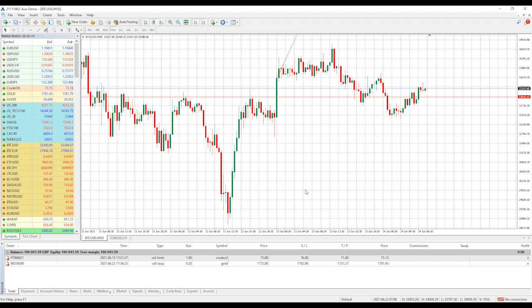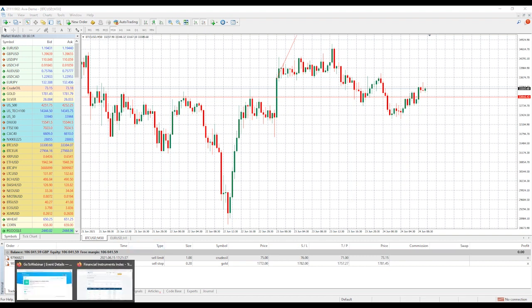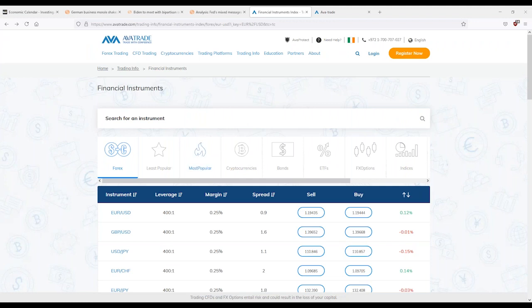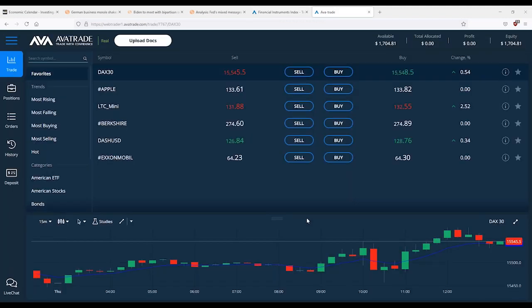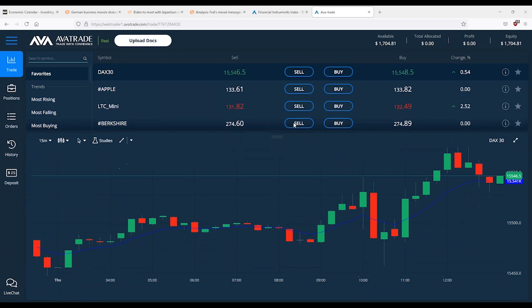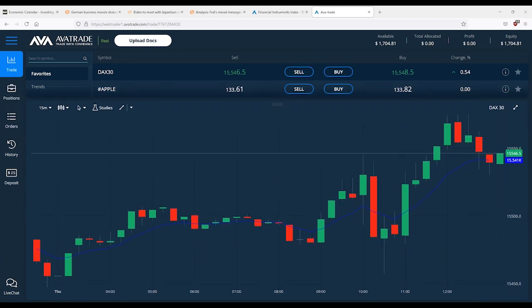Okay, so right now I'm looking at Bitcoin. I don't know if anyone attending the webinar today is aware of what might have happened with Bitcoin recently, but it took a crash. Let's do this: I think today we're going to spend some time on the WebTrader platform to analyze some charts. Why not? So if we want to take a look at what Bitcoin did and the technicals on it,